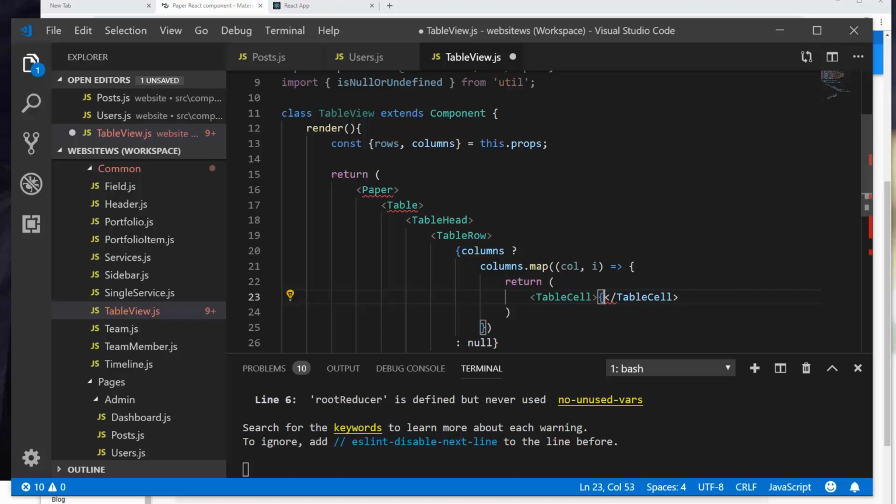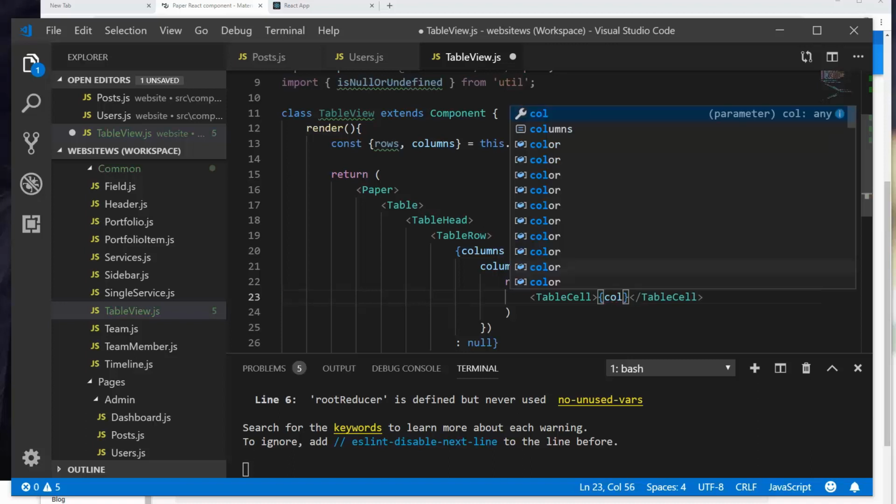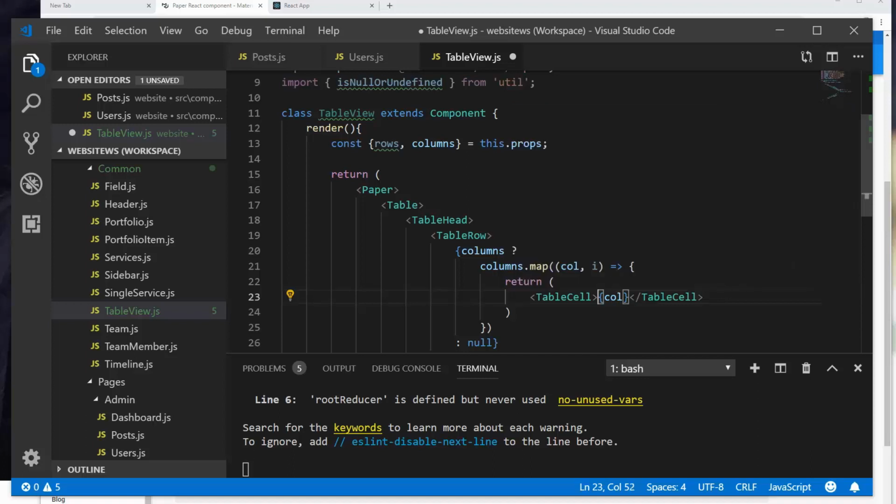So we're going to open up this right here, and we're going to say col, and we can pass in a flat array for this, I guess. So yeah, just col. And then we'll need to add the key, which React requires through map,